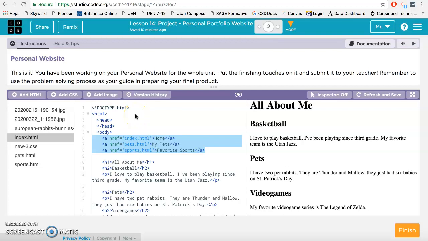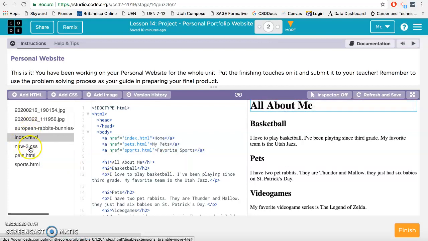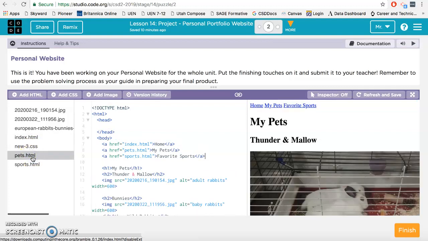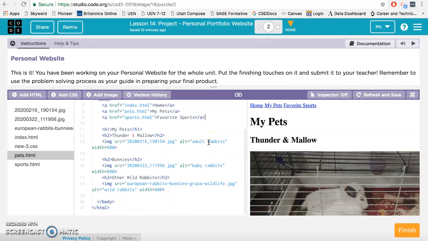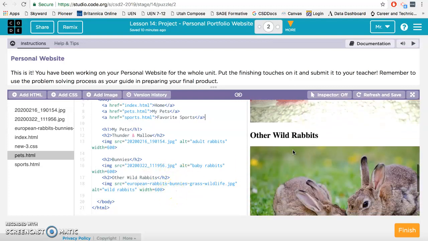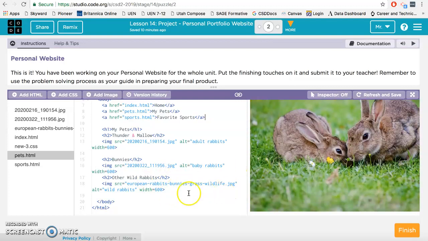Okay, in the last video we talked about how to add images and then how to link our pages together. So one more thing I wanted to mention about images is if you get an image that's not your own, what you need to do is properly give credit to whoever created that image. So for the wild rabbits image that we put here at the bottom of the page, we'll just want to,